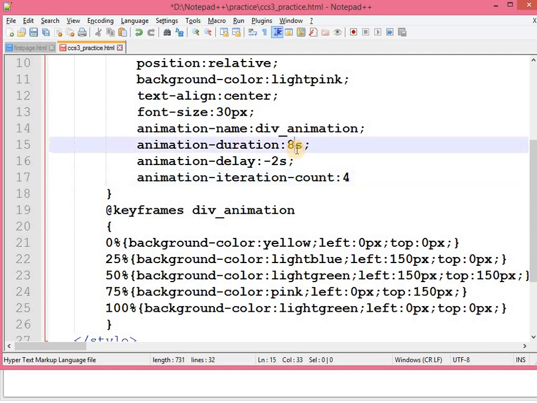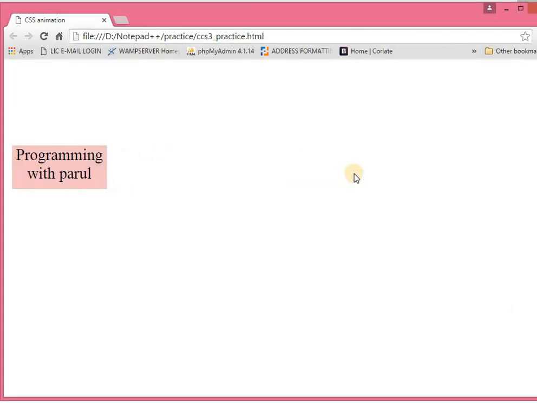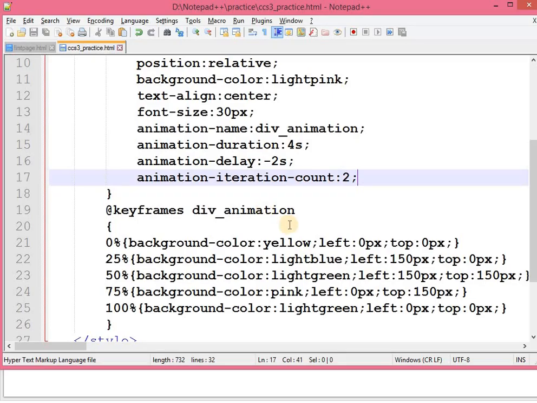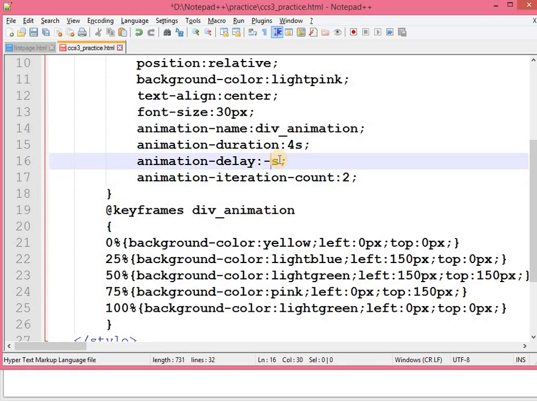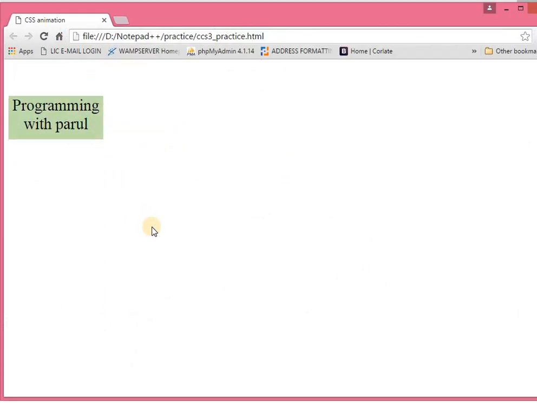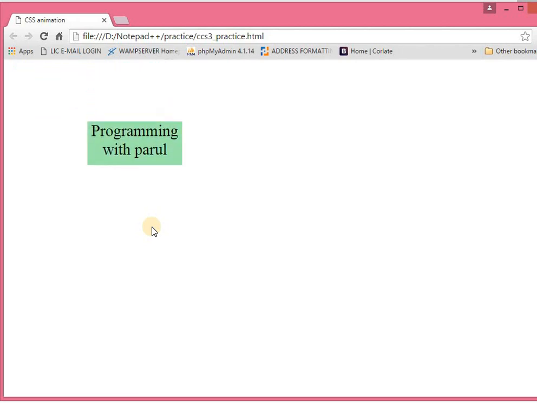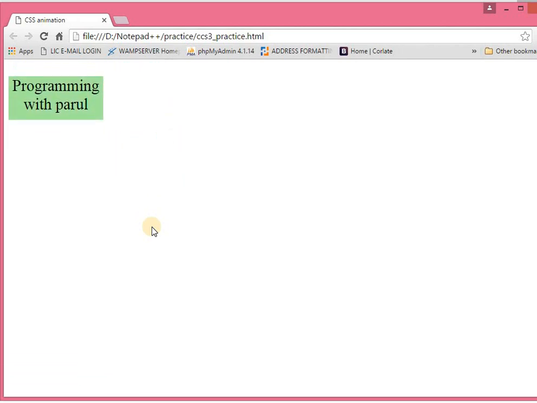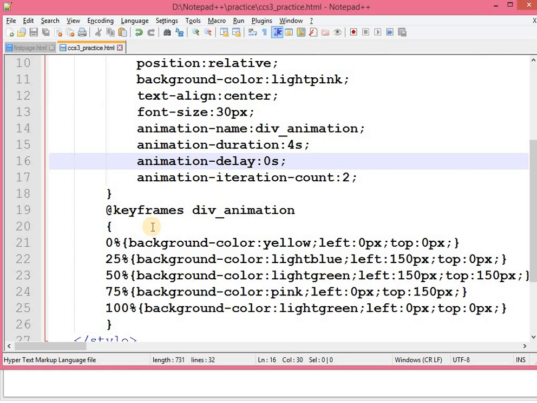Okay, and let me make the delay 2 times. This negative value, let me just remove this. You can say that this will iterate 2 times because we have set animation iteration count 2.